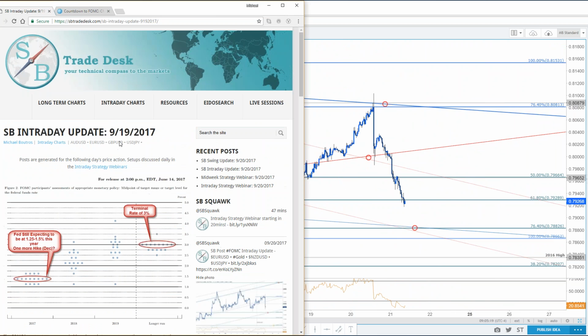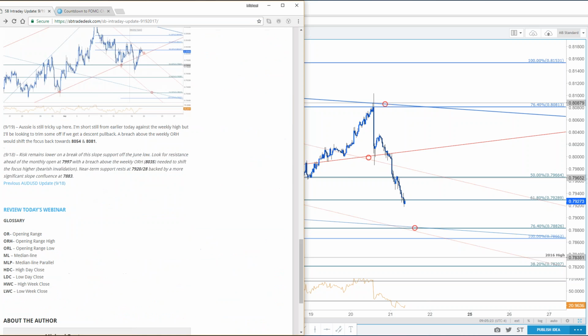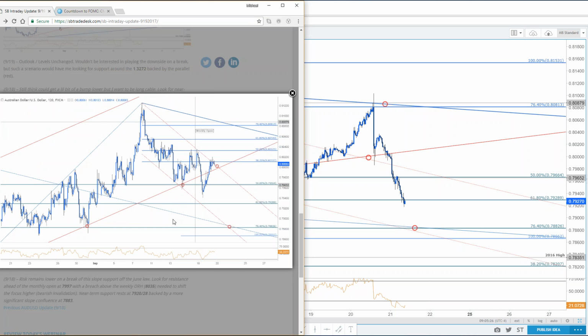But Aussie was one that we had highlighted ahead of FOMC too. And here's what it looked like right ahead of the FOMC. So we were testing that channel resistance. Remember, I was holding a short against the weekly high. This thing broke through, took me out of that short, stopped me out, rallied right into this zone, sweet spot, overshot, reversed, and again, now we're breaking below the weekly opening range low. So the target at 78.80 is still the level we're looking for. Okay, questions on Aussie?